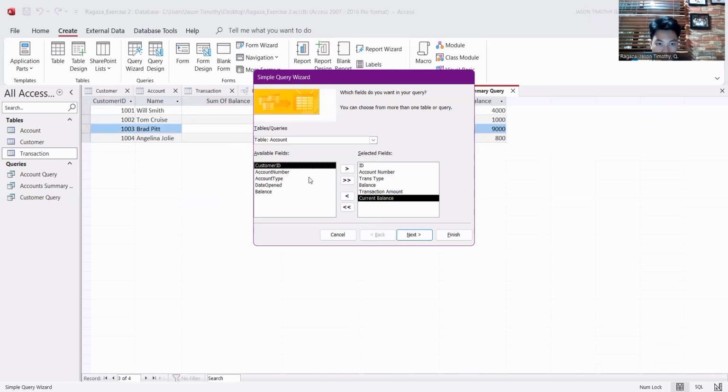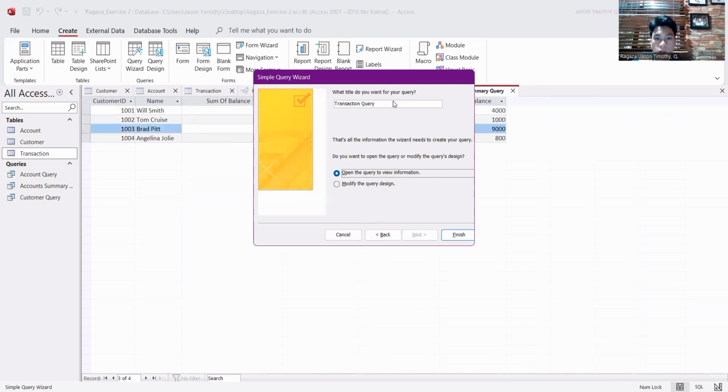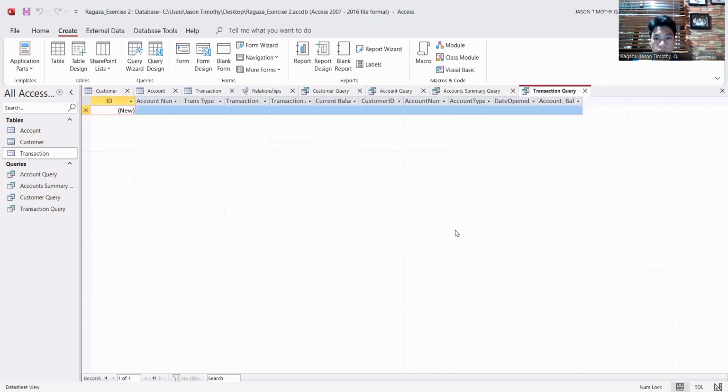We are going to select all the fields. Go over to the selected fields, and then you click on next, and next, and then finish. So this is the resulting table.